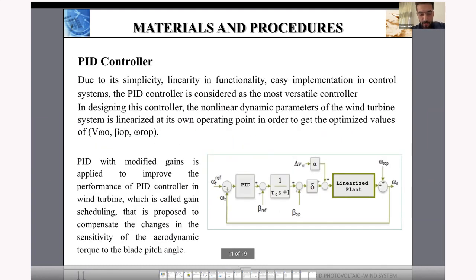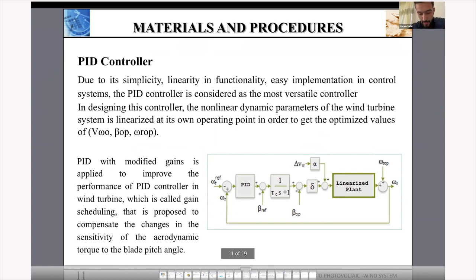PID controller. Due to its simplicity, linearity, functionality, and easy implementation in control systems, the PID controller is considered the most versatile controller. In designing this controller, the nonlinear dynamic parameters of the wind turbine system are linearized at one operating point in order to get the optimized values of